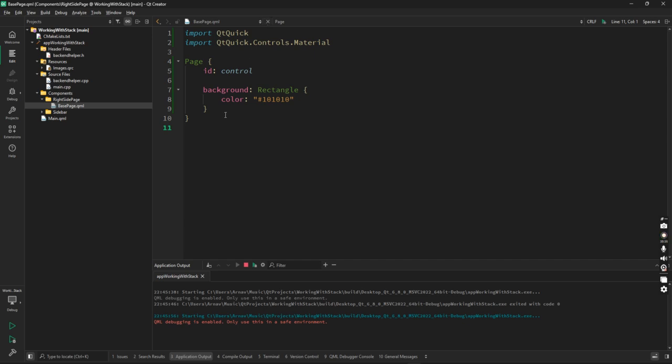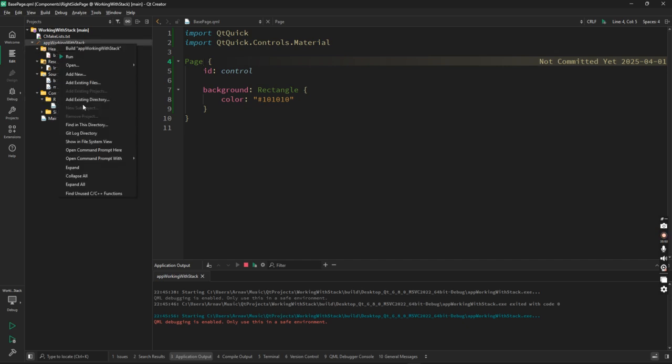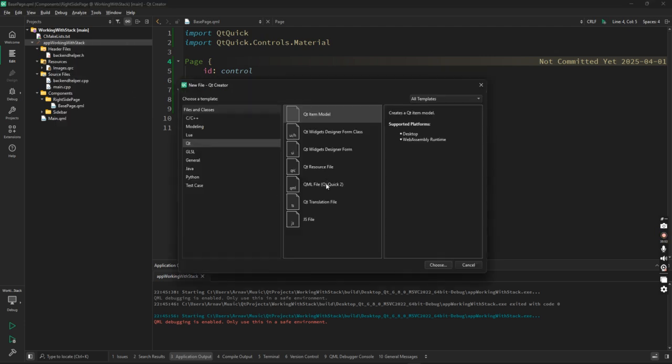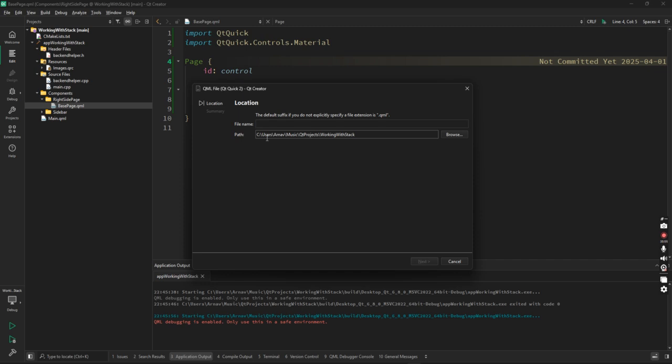Although if you remember, when we made a custom button, we just wrote button here and made our modification, and everywhere we used custom button, right? So this is basically the same thing. So now we are done with the base page component. So let's add new Qt QML file. So apart from base page, what do we need more? So I'll say components slash right side page slash dashboard page,